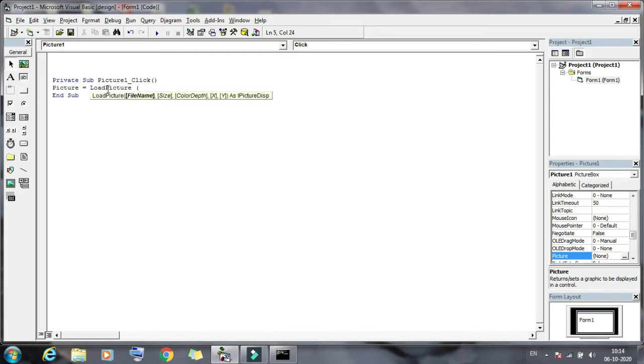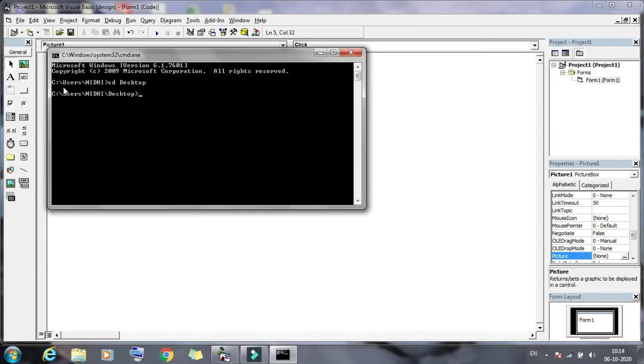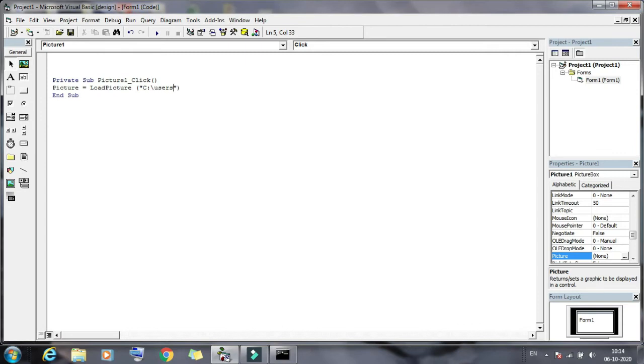Then here we will type the address. First we will write the directory name, C, then the username, then users, then desktop.